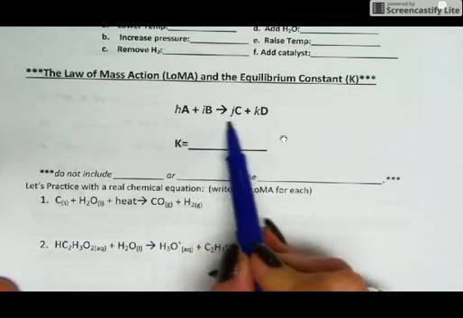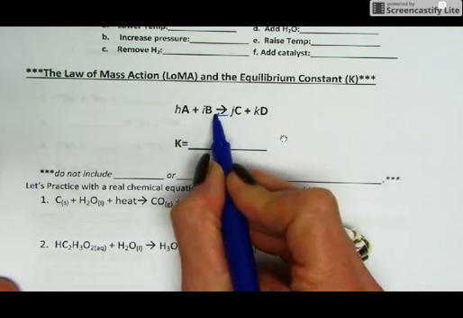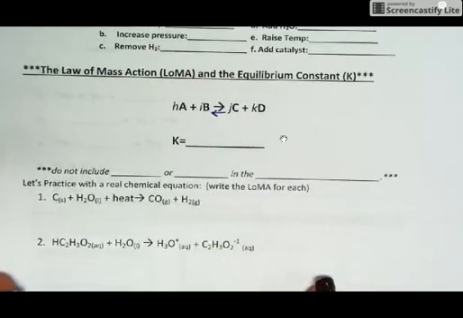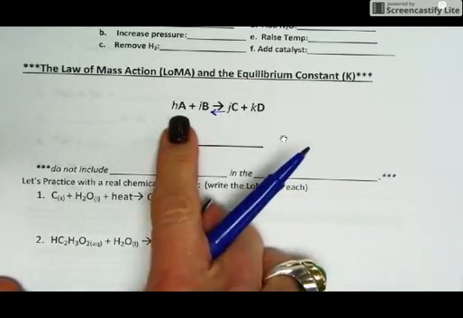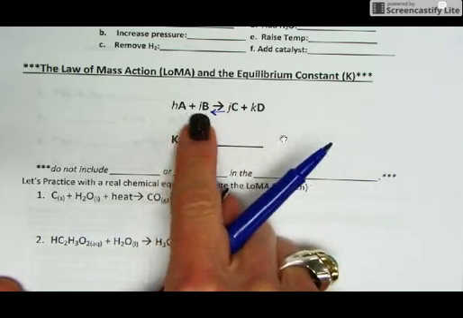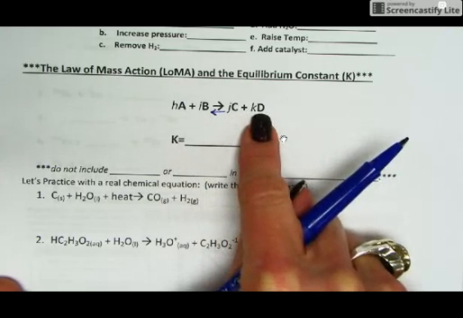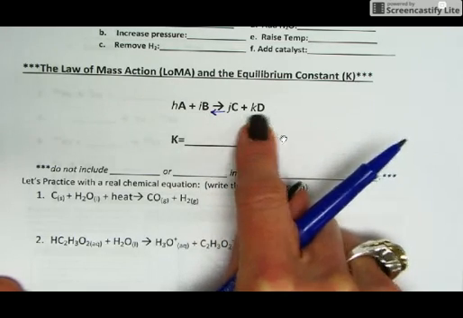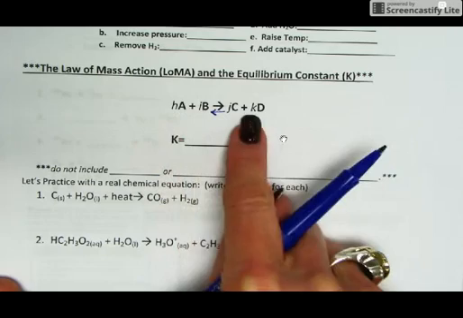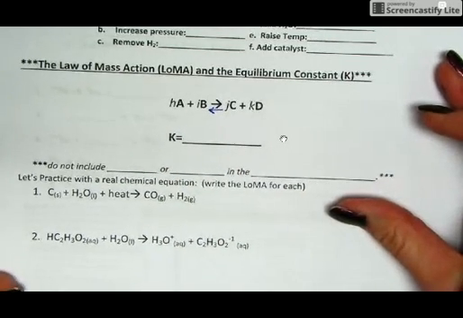So if you look at this chemical reaction, and let's assume it's at equilibrium, I'll go ahead and put the equilibrium sign there. So here we have a balanced chemical reaction where the capital letters A and B are the reactants, C and D are the products, and then the lowercase letters H, I, J, and K represent the coefficients from the balanced chemical equation. When you write the law of mass action,